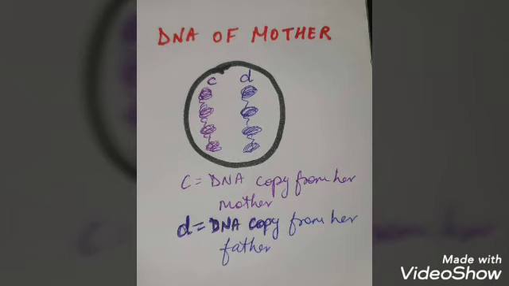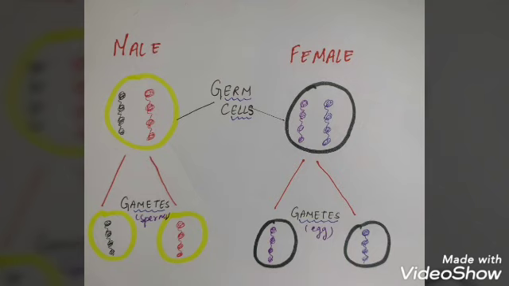Now the question arises, how do we transfer these DNA to the offsprings without increasing the number? That is where very important cells come into work. These cells are called germ cells, which are usually found in the gonads. Now, what are gonads? Gonads are the reproductory organs. In human males, gonads would be testes, and in human females, gonads would be the ovaries.